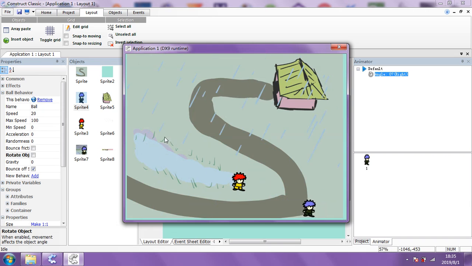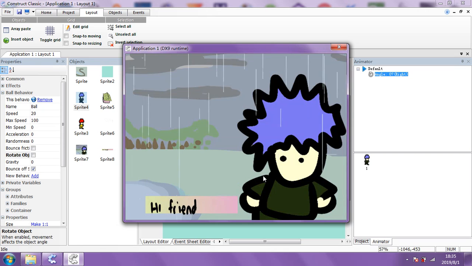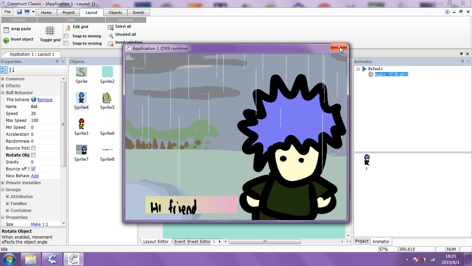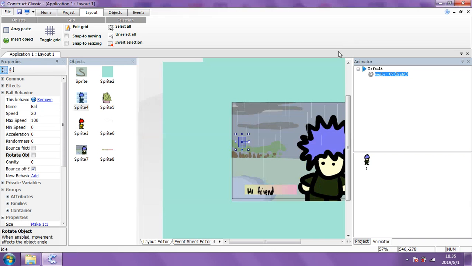So I guess the next thing we've got to do before we add any sound in, I'm not going to mess around with this house, okay? Because I could draw something in and make it now, but I'm not going to bother. But what I'm going to do is find something here to deal with that. He just walked into me, man. He's like, hi, friend. But okay, what I'm going to do is change.